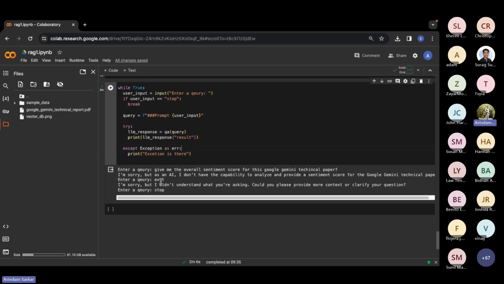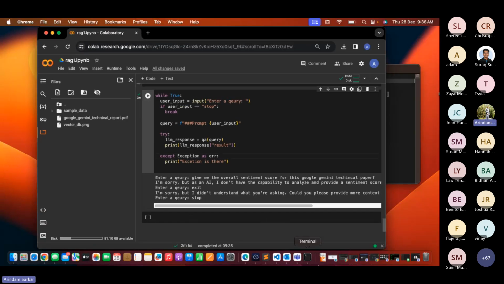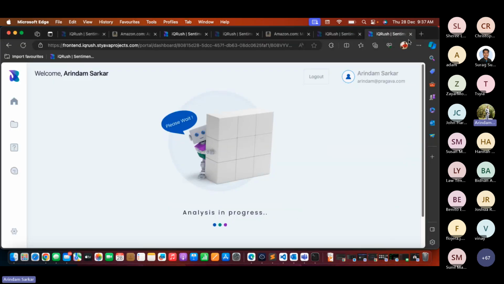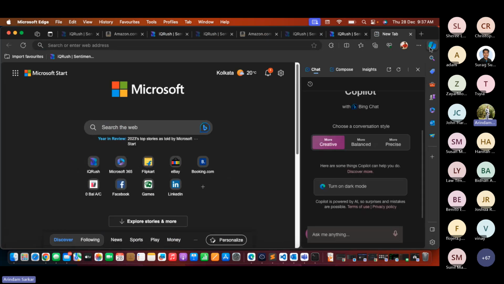So let me, if you guys know the Bing chat, right? What is Bing chat? Let me show you something on Bing. One second. Here in Bing, I just wanted to show you guys how Bing works.